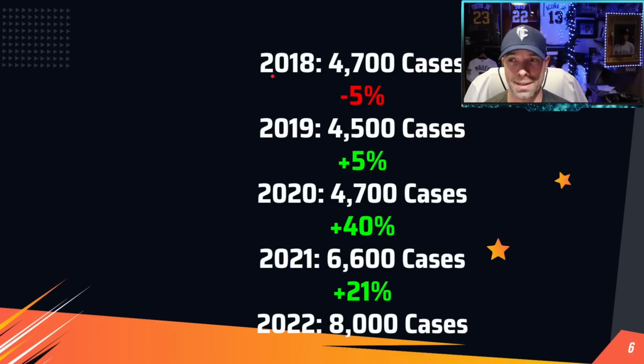All right, if we go back in time. Now, like I said, take these numbers with a grain of salt. I saved all this information, all these numbers. I may be wrong, but this is as close as I can get. 2018, we had about 4,700 cases. In 2019, there were only 4,500 cases, so there was actually a decrease in